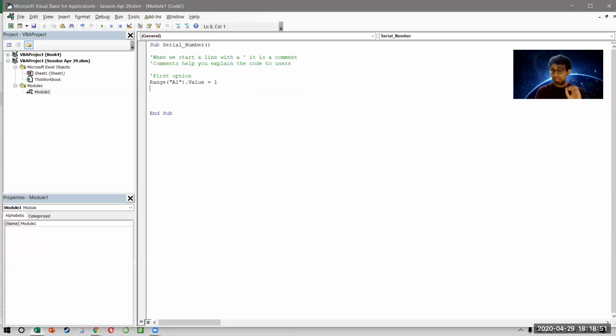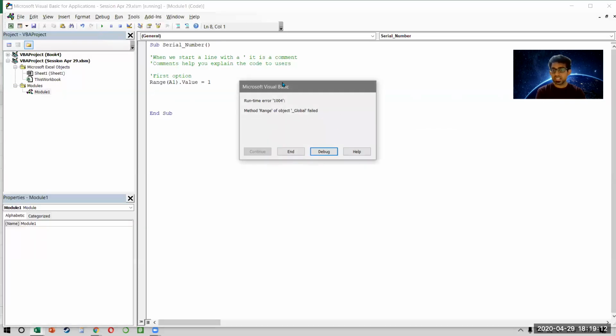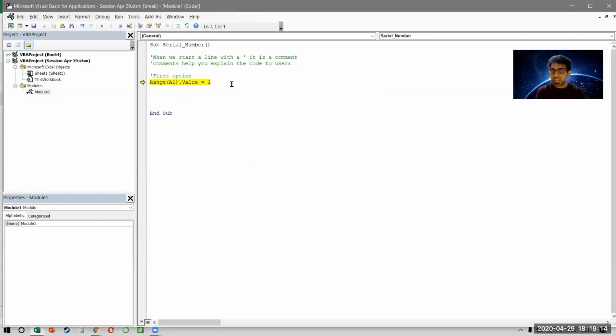Now it's a little complicated and pay a lot of attention here. I'm putting my range inside double quotes, which we never do in Excel. In Excel, whenever we put something in double quotes, it becomes a text value, right? But in programming, you have to put A1 in double quotes. If you don't put it in double quotes, it will not work. So you notice when I press run, it says there is some problem. It says it doesn't understand what this line of code is doing. So this is not an option. This is something very, very important. And remember, in Excel, you don't put a double quote, but in VBA, you have to put a double quote. You don't have a choice.